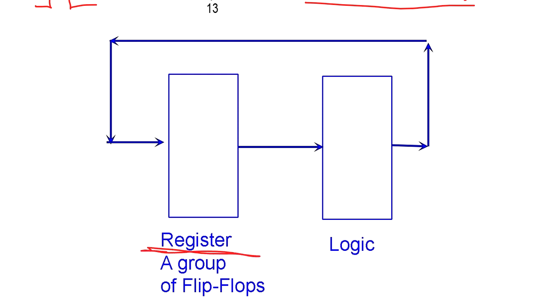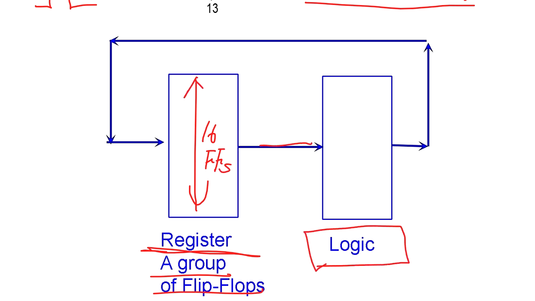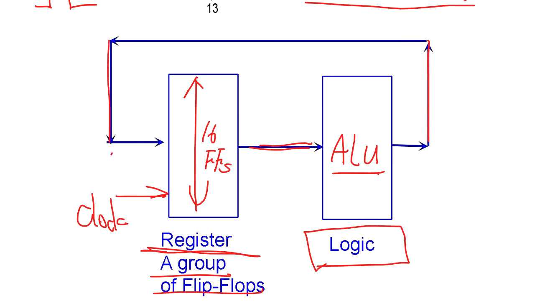Register is a group of flip-flops, for example, like 16 of them. 16 flip-flops. And you have a logic. It could be ALU. Then you give a clock. Each clock, it calculates in the ALU. Then the result is fed back. Well, in the real